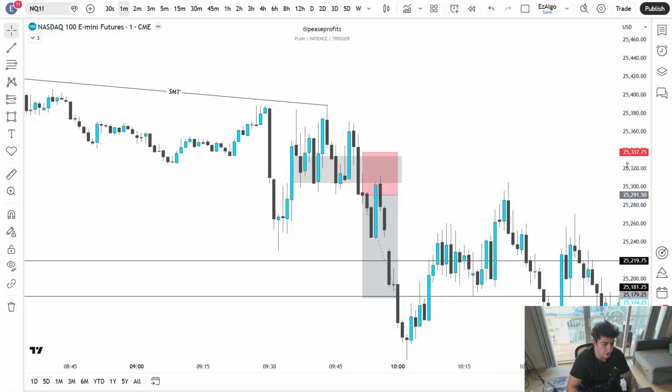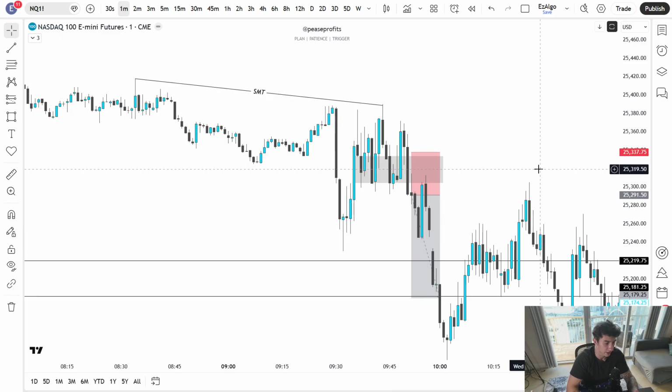All right, so here is the short setup. This was probably the cleanest trade of the week so far. I'd consider this probably the only A+ setup that we've gotten this week. Of course, TRADOVATE had to be down, but if you know anything about me, I only like to take A+ setups. I do not like taking trades that I wouldn't take on a live account. A lot of people in the space will say, oh, this trade is valid for an eval or this trade is valid for funded, but I wouldn't take it on a live. That's just not how I operate. That's not how I execute.